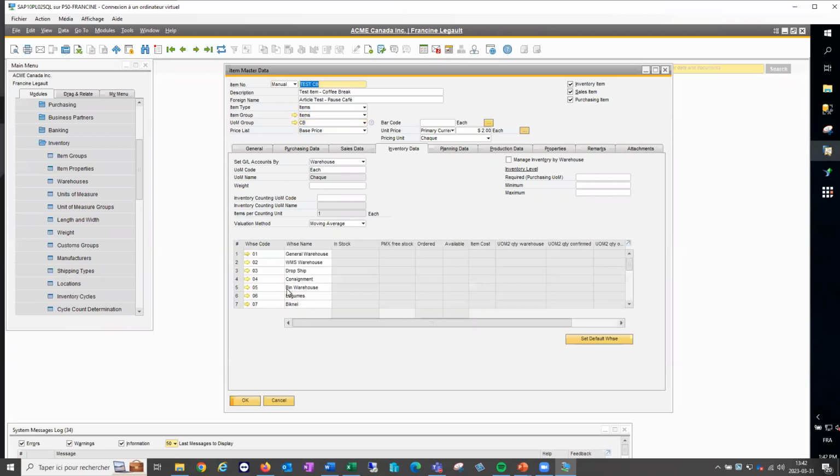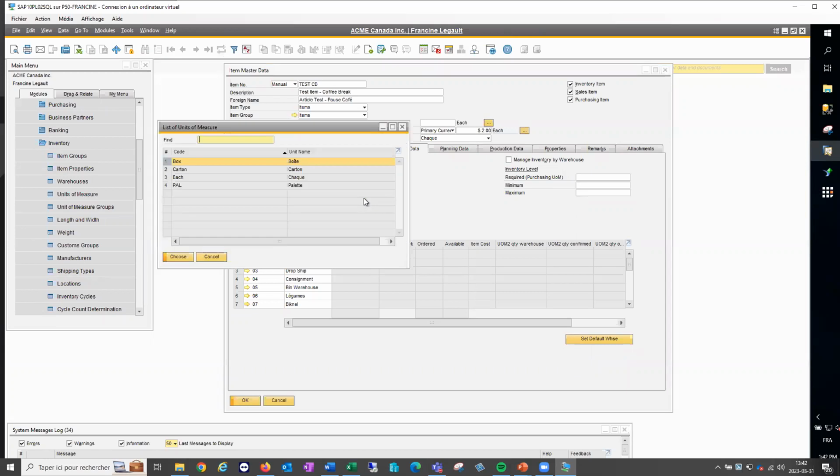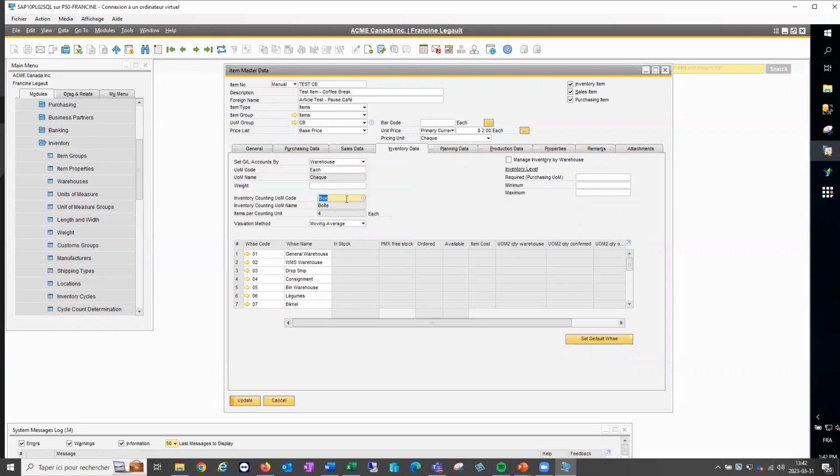So I'm going to update this. So now, as you can see, my UOM for the inventory is my base unit. I won't be able to change it. This is basically automatic. The only thing that I can change, I can say, okay, well, this item, I use units only for returns, and basically in the warehouse and whatever transaction that we're doing, counting and things like that, I will always do it as a box. So I can set this up. So every transaction in the warehouse, like counting at the end of the year and things like that, will be done as a box.